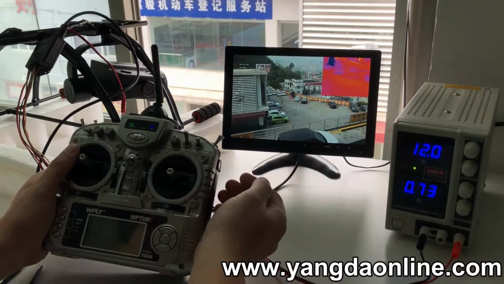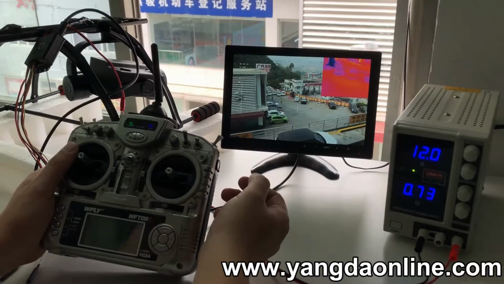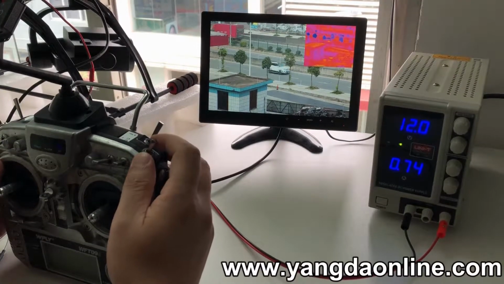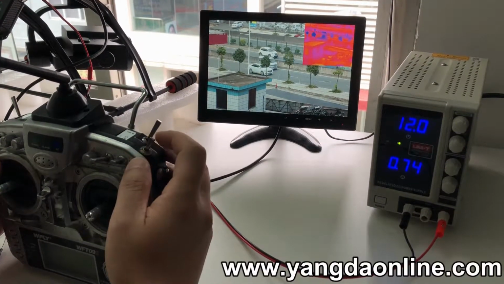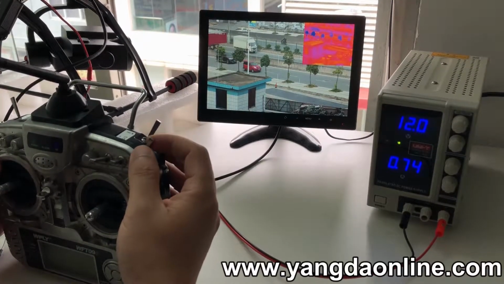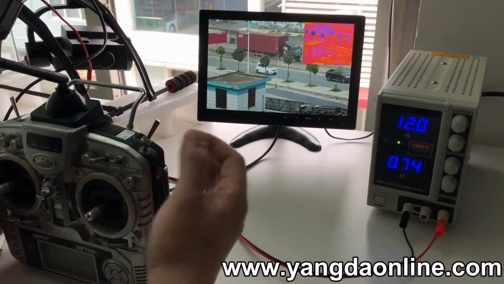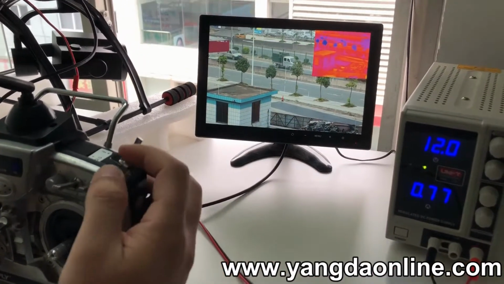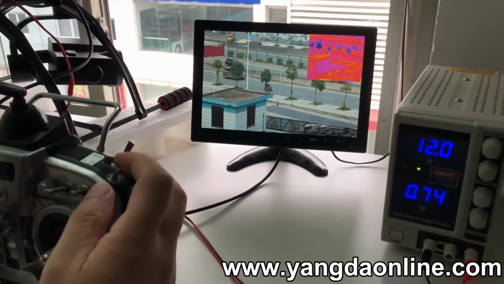Okay, let's try to track a car. For example, now the gear is at the low position. Flip to the middle position. The cursor appears. High